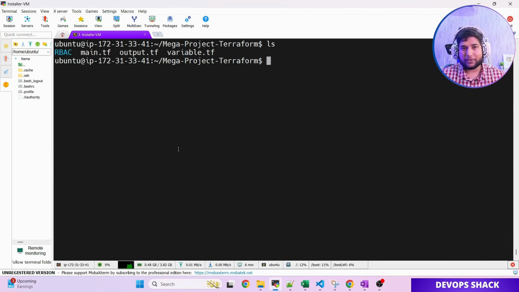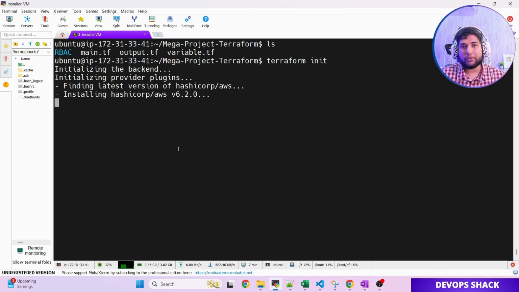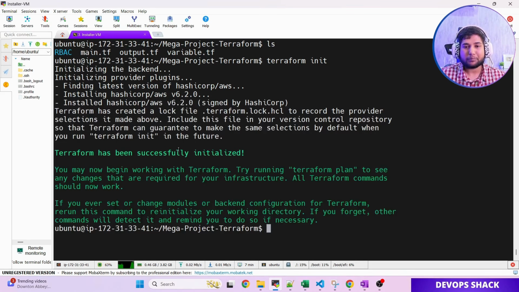Now we have all the files here, three main files we have: main.tf, output.tf, and variable.tf. So we are going to ask Terraform, you need to use these three files and create the cluster. First, you have to initialize with terraform init, which is going to download all the required plugins, and whatever is required, it will be downloaded. So basically we are initializing Terraform, right? Once this is done, final command you have to run is terraform apply